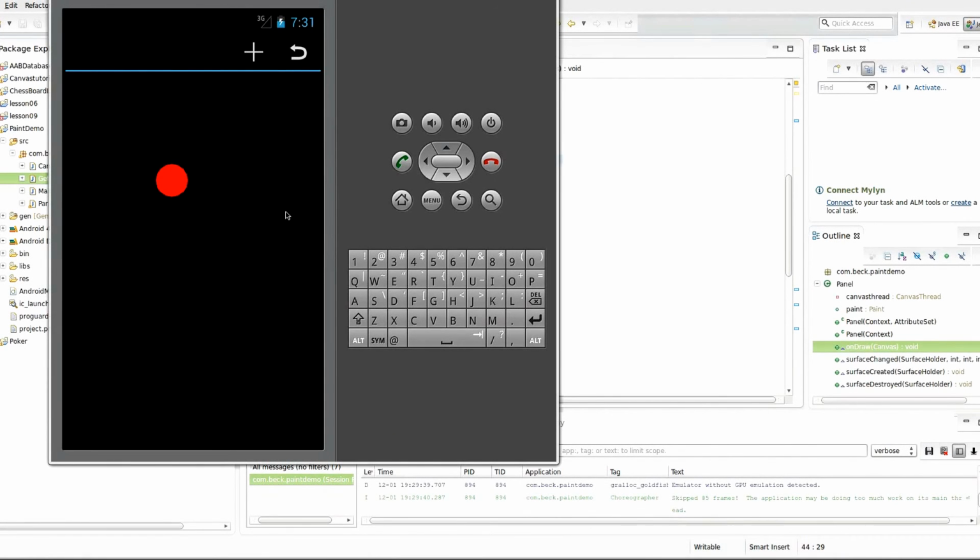So at the end of this video, you should be able to click your plus icon and change the color of the dot. And again, if you have any problems with any of this, please raise your hand in class. Or of course, if you're out there on the internet somewhere and you need some assistance, or you have a